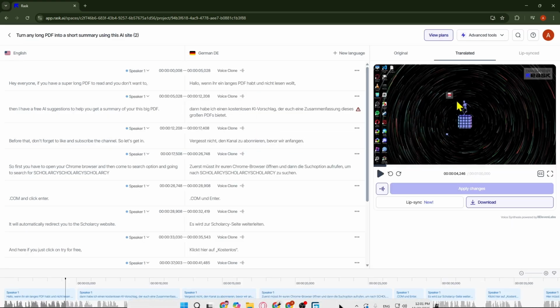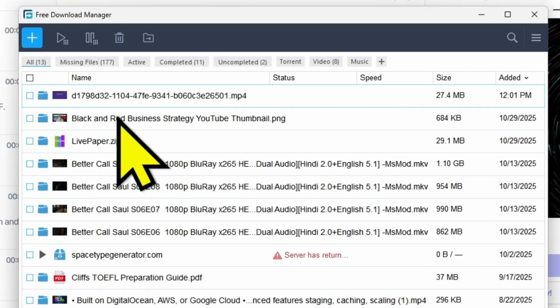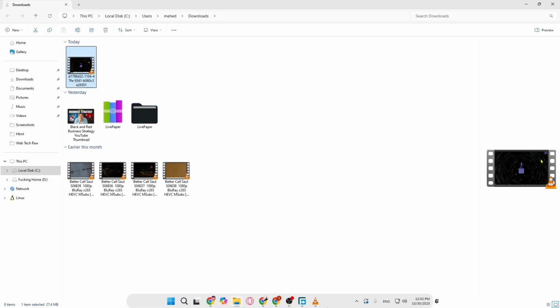Going to minimize everything. After complete the download, we're going to click on the folder icon and going to